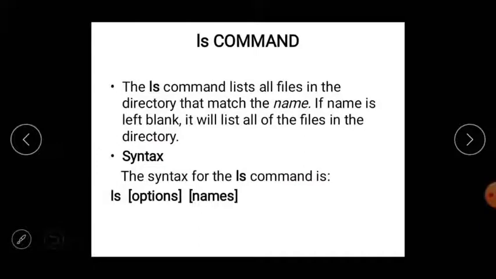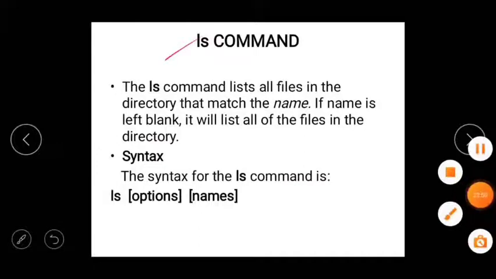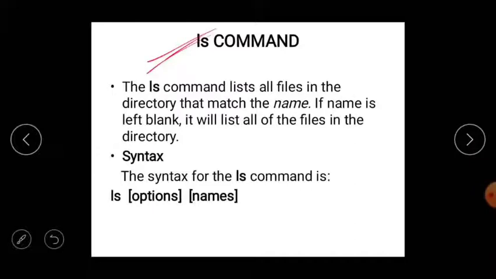Next command is the ls command. What is meant by the ls command? It matches the name. If the name is left blank, it will list all of the files in the directory. ls is used to list all the files in the directory.